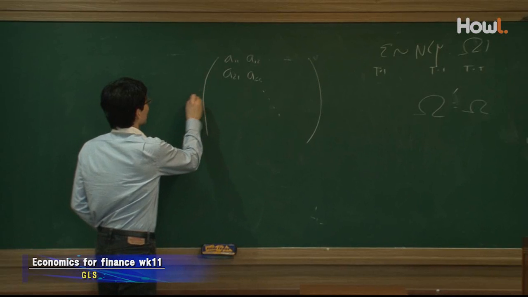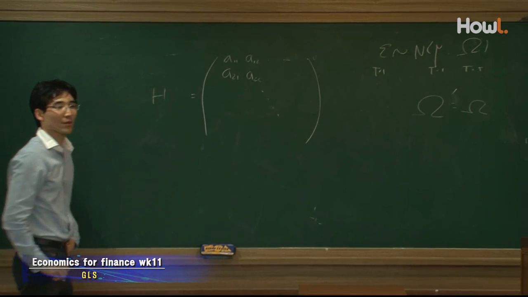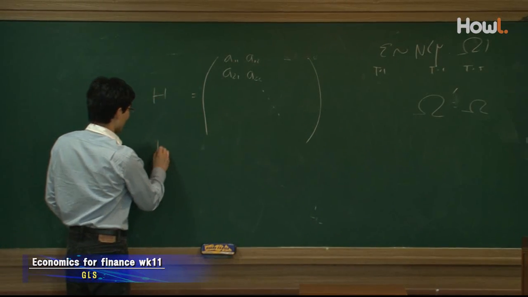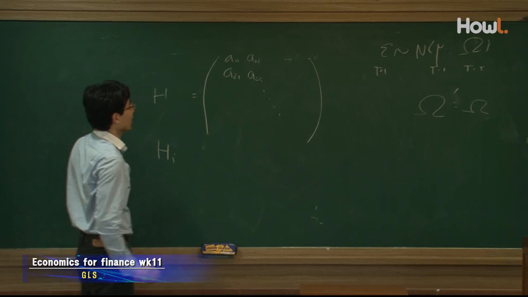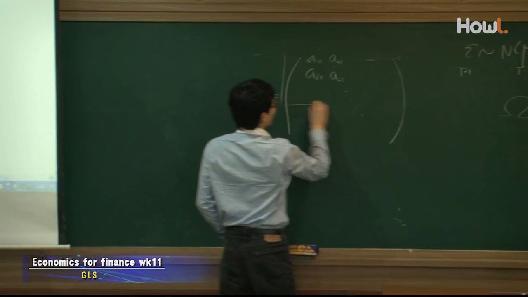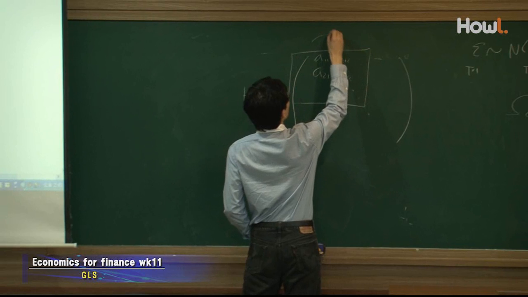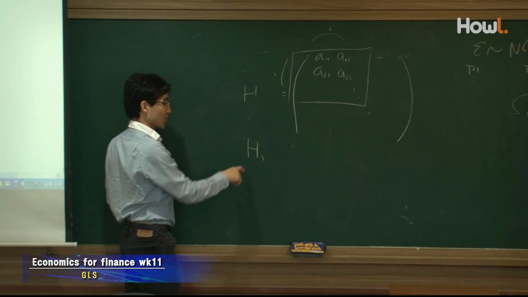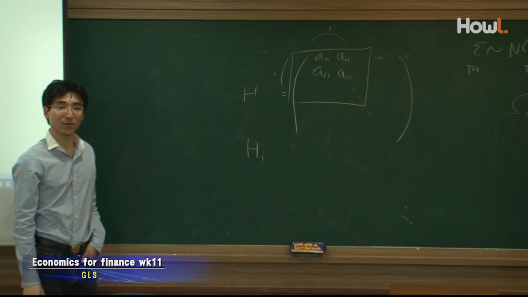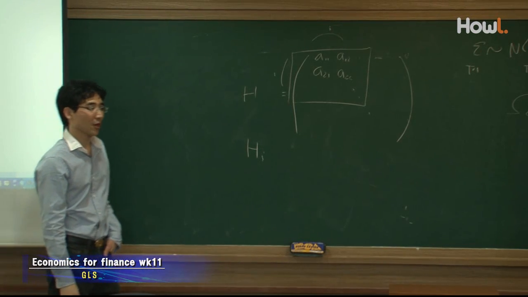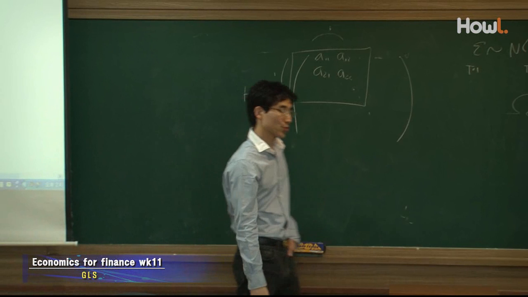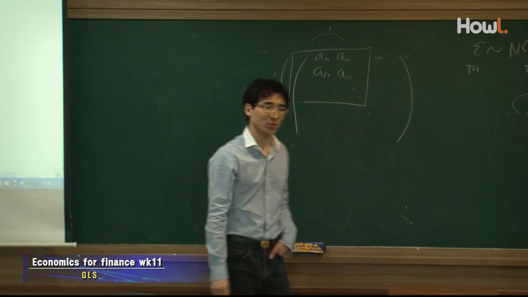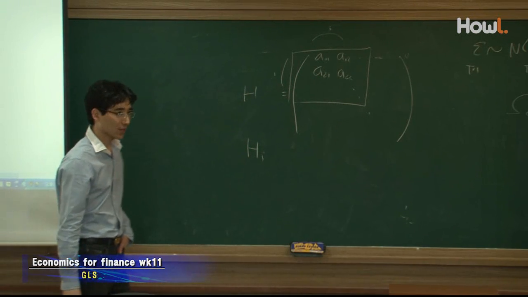Let's call this one H, and we call H_i the first i part. So this length is i, this length is i. So it is some submatrix of H. Let's call this H_i. And a matrix is positive semi-definite if